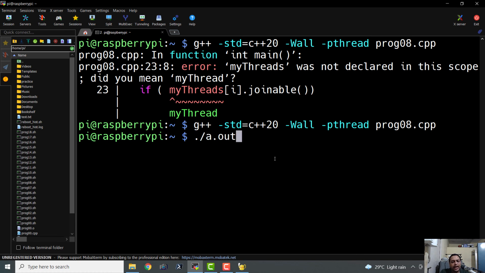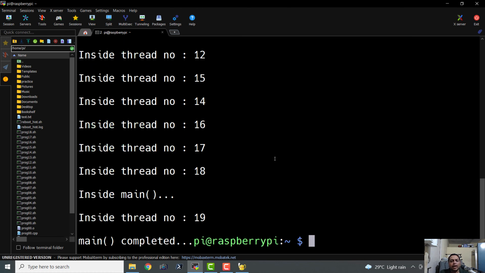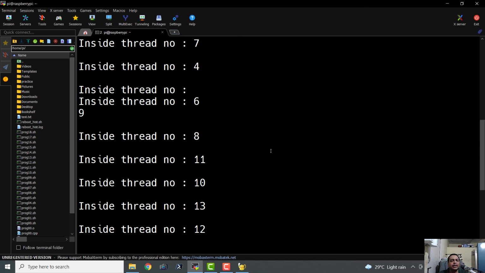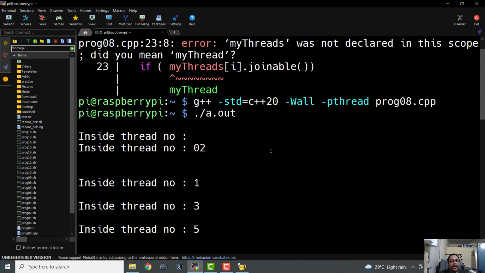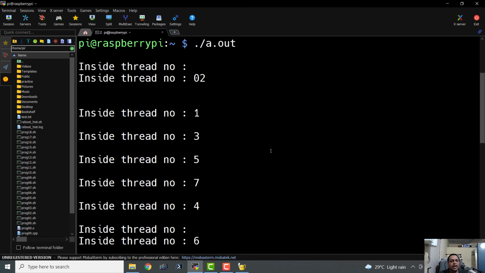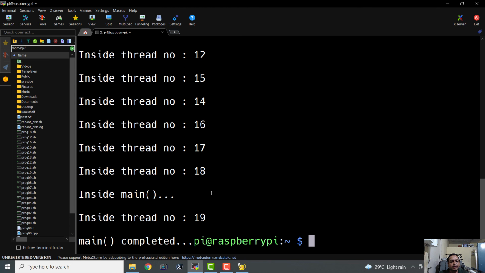Let us execute it. And here we can see that it is able to execute the entire program without any hiccup. Okay, so from 0 to 19 it is printing everything, and we are printing it inside main.